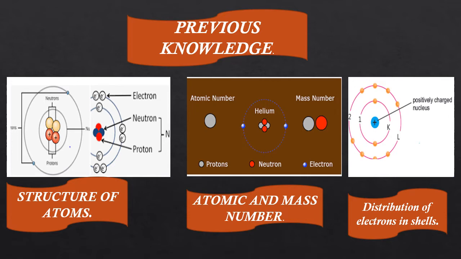These shells are the energy levels and they can be occupied by electrons. The shell nearest to the nucleus is named K or 1, and the next shell is called L. As you know, electrons are distributed in shells according to the formula 2n square. You put the number of shells in n, and you can easily find out the electrons in a particular shell.